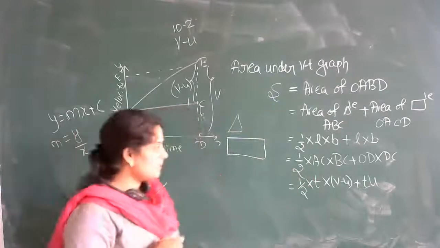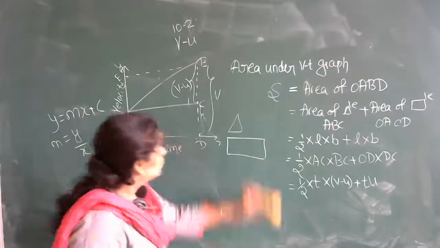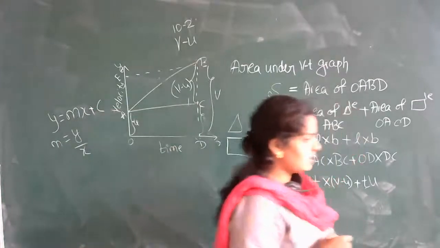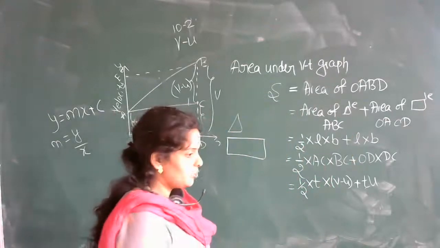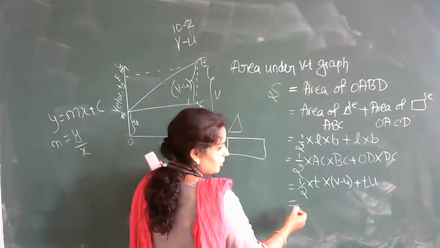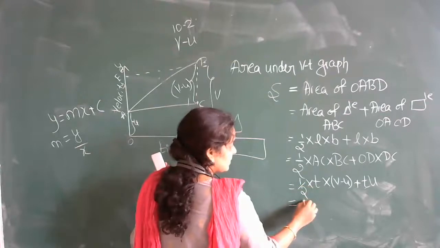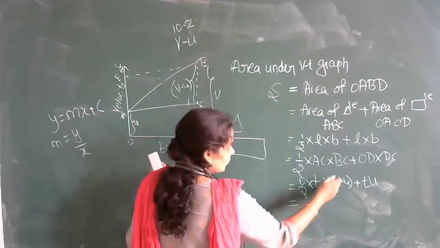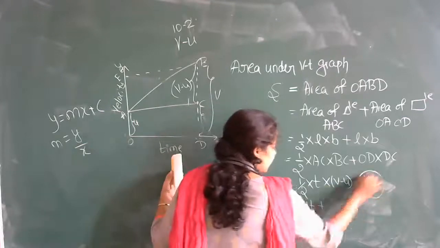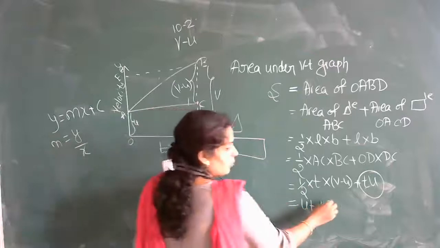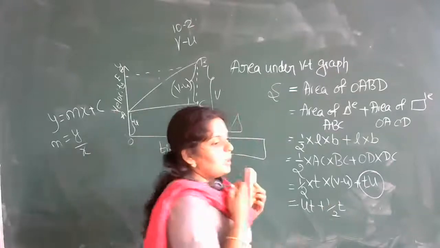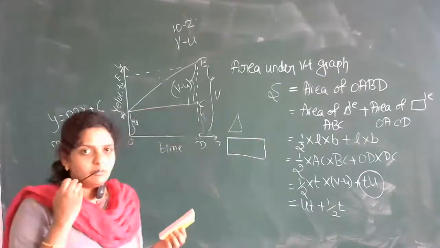So which part should I erase? Is it visible if I write it down? I think it is visible. I can't move the camera. Here it is visible, no? Okay, so half I'll write as it is, or else I'll rearrange this one. UT I'll take here. UT plus this term I am writing first: UT plus 1 divided by 2, and this T I'll keep as it is.